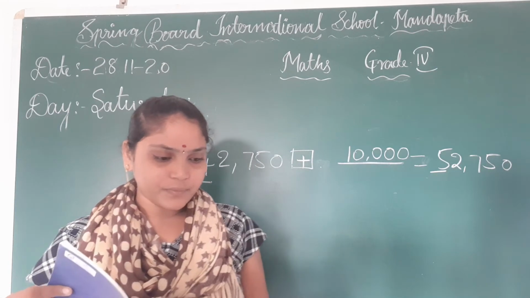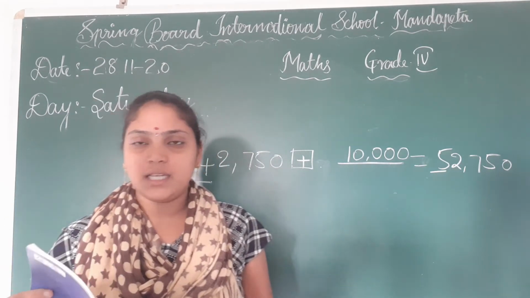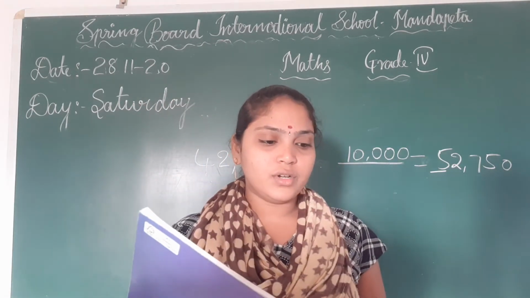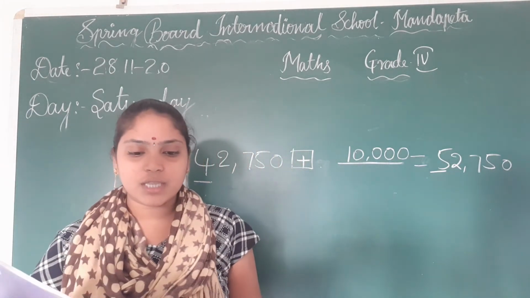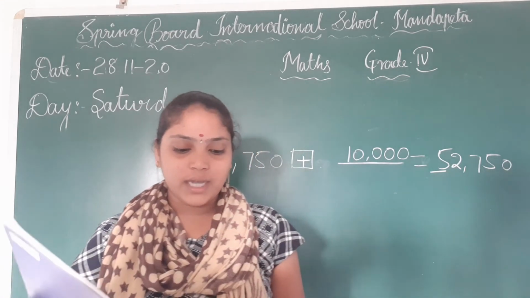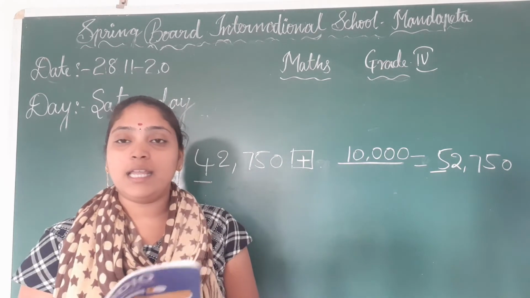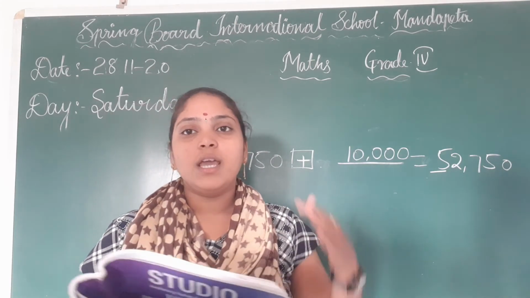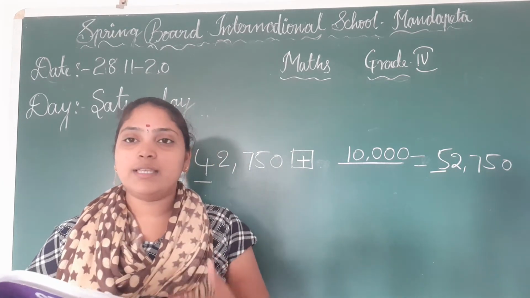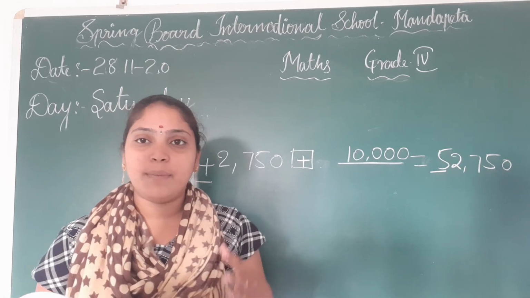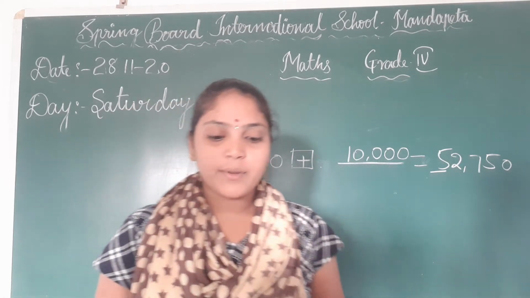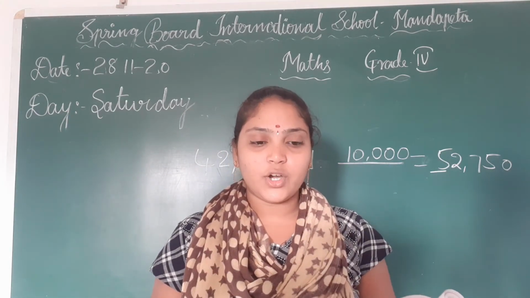Okay children. Next we have the given word problems. You have to refer to them once. Anil owns a paint store. He notes down the number of paint cans bought and sold every month. Here Anil has one paint store. He bought some paint cans and he sold some paint cans. A list of paint cans he bought every month is given. You have to check finally how many paint cans remain at the end of this month.